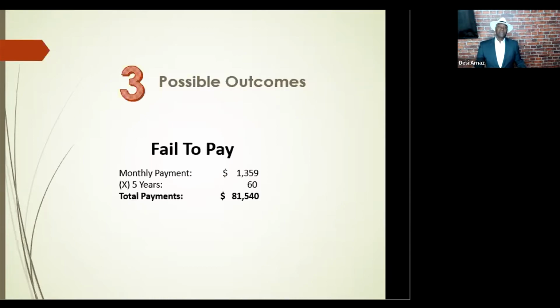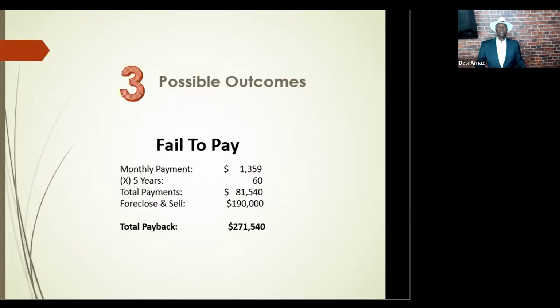Now, obviously, 5 years in, we don't know if it's still going to be worth 190 or if it's going to be worth more or less, because I don't have a crystal ball. But let's just assume it's still worth 190. And so my agent sells the place for 190. Of course, they get their commission and all that stuff. But at the end of the day, here's how it's going to look. I would have already collected $81,000 and some change, right? Because they paid for 5 years before they defaulted. Then when it gets sold for $190,000. You with me? That means all total, I've collected